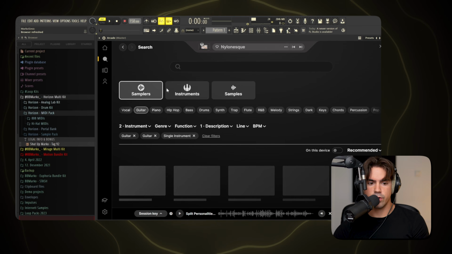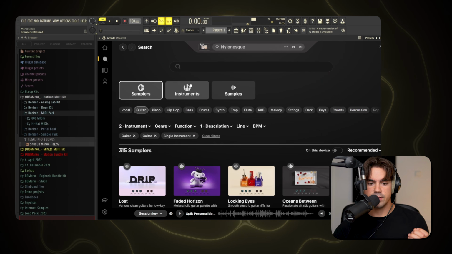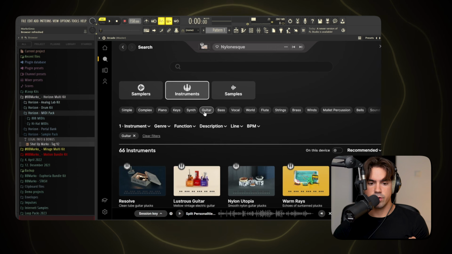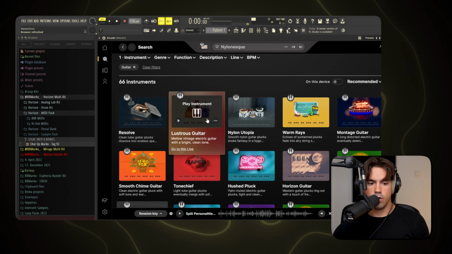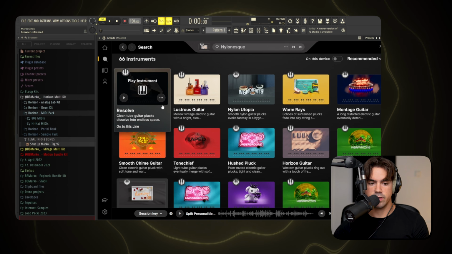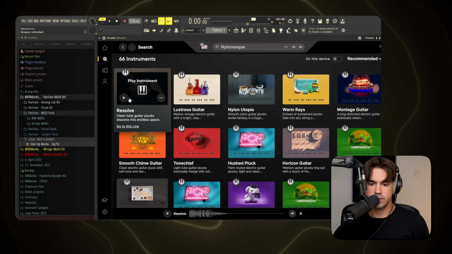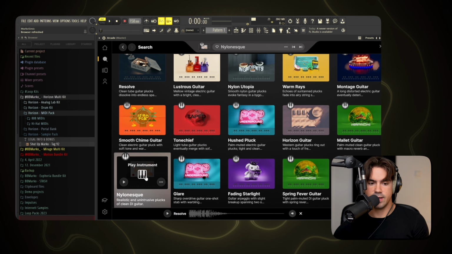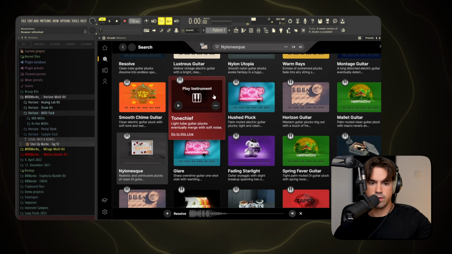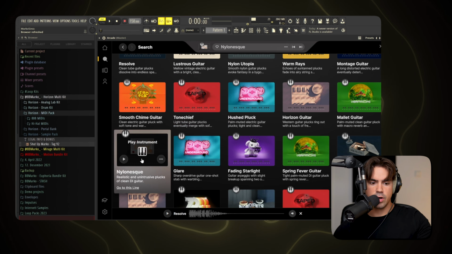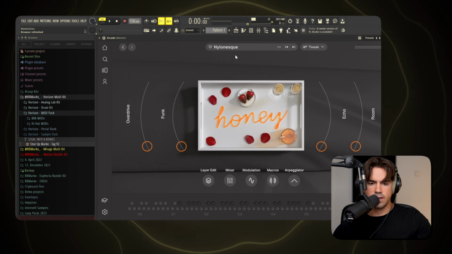and instead of going through the regular samplers like everybody usually does with all these different patterns, there is an instrument section in here. You can pick whichever instrument you want. Obviously in this case we're going to go for guitars, and over here you actually have a bunch of different guitar sounds, which are just single note guitar sounds, basically like a built-in VST inside of Arcade. A lot of you guys aren't even using this, so that's pretty much what we're going to be doing in here. I'm going to go for this nylon sequence, I guess, if that's what it's called,